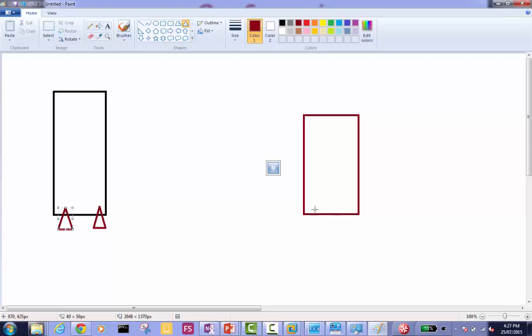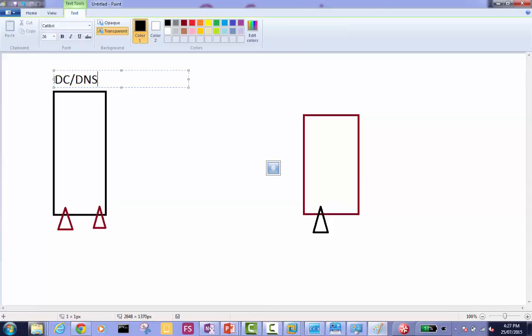The main thing to know about these is that this is the DC, DNS and DHCP already there. I'm just mentioning it. And then there is VPN as well. We'll be adding that. And this is our client machine from WAN.